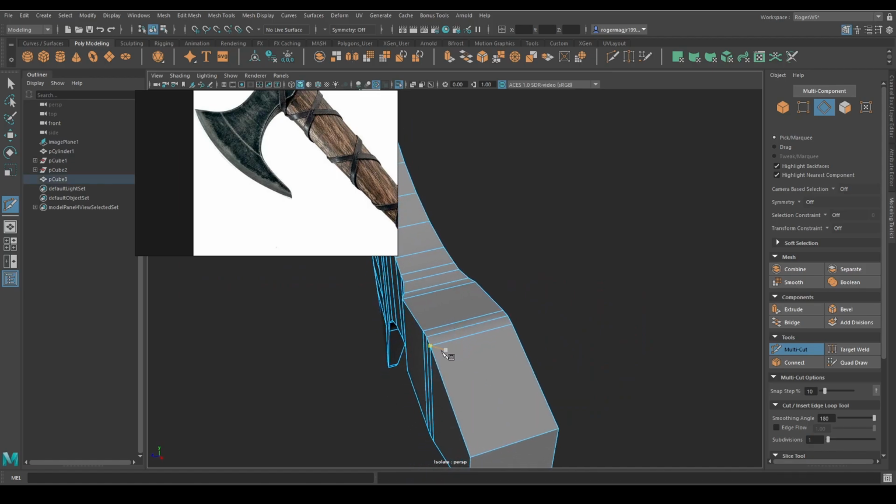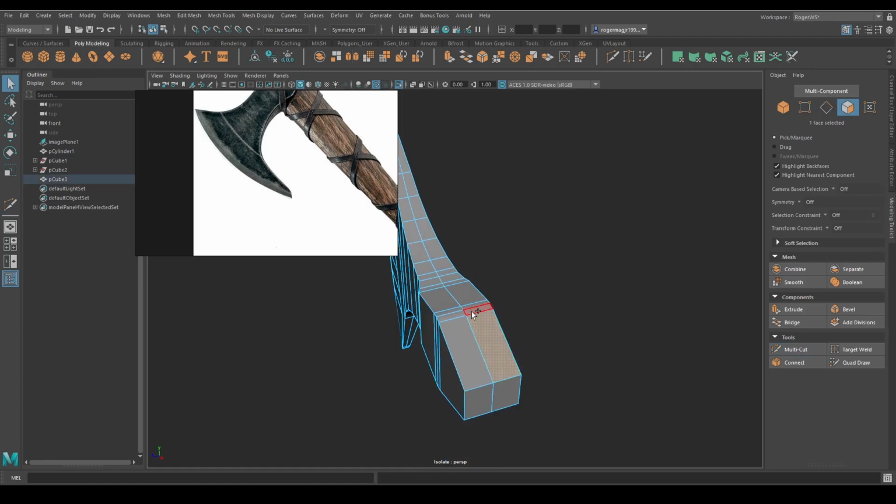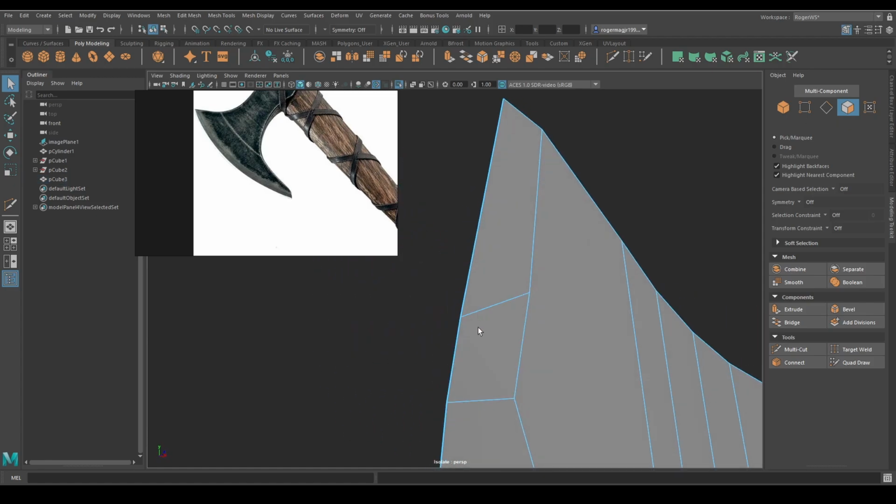For example, look, if I hold Control here and I click middle mouse button, it will always go to the middle. Here, middle. So that's what I'm doing, and now I'm selecting all this loop of faces. Double click here, and I'm deleting that because it's easier to work